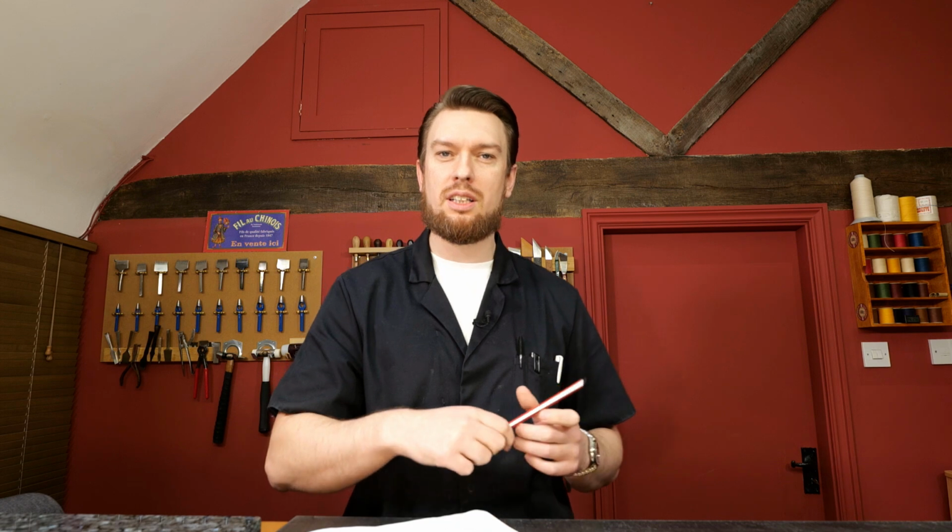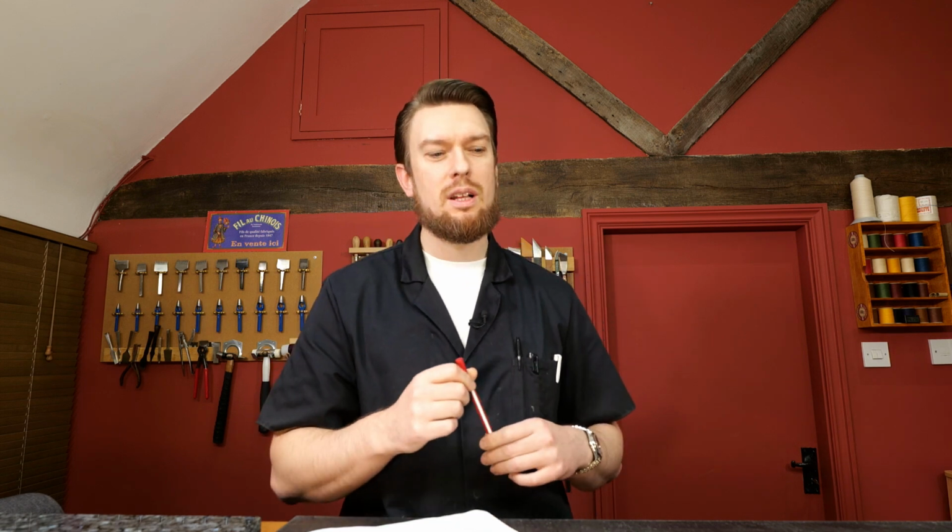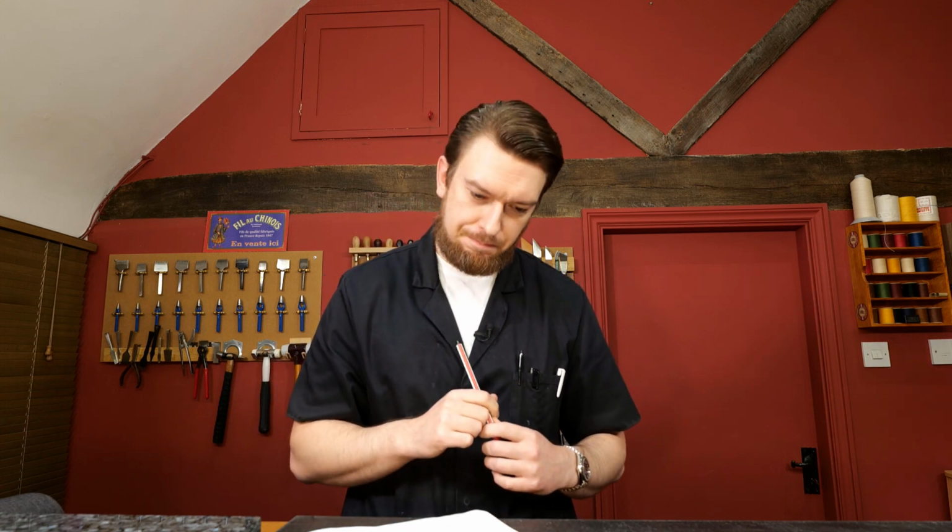What you would like to aim for would be, say, if you're on Instagram and you're scrolling through pictures and you see a picture of someone's work and you go, I know exactly who that is. I don't need to look at the name, I know who that is. And it's not the photography style, it's not the color of the leather, for example. It's not that I saw their name, but I know who that is instantly. And you all know creators, designers, artisans who you just know who they are just by looking at the picture. That's something you really want to emulate, because when you have a very strong sense of personal style and